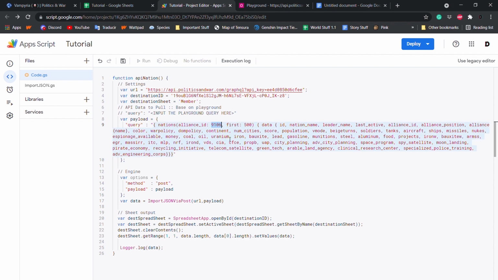Now you will need to replace this obviously with your Alliance ID. Clearly. You don't need to touch 500. 500 is the max it will do regardless, so you don't need to touch 500. But you do need to change this. And as I said, for you, it will show up in the description as simply XXXX. If you leave it like that, it will,